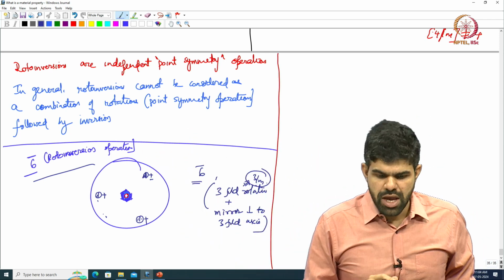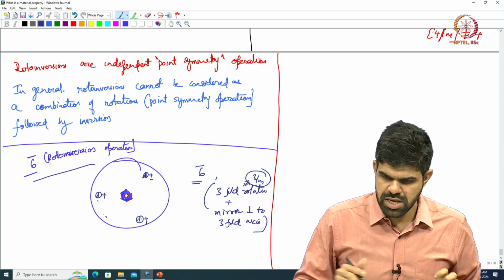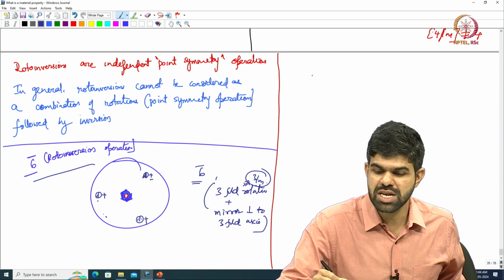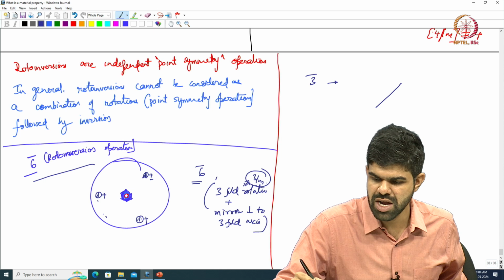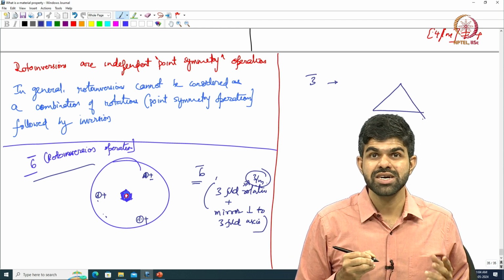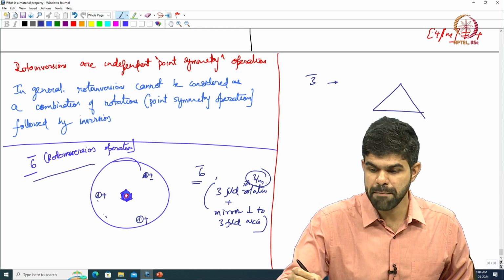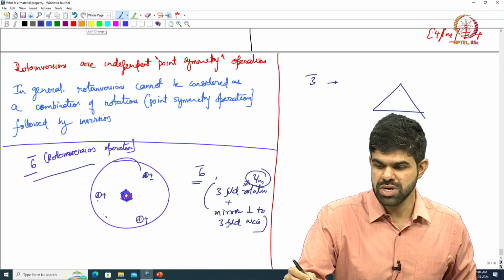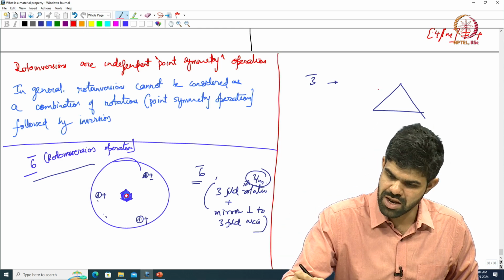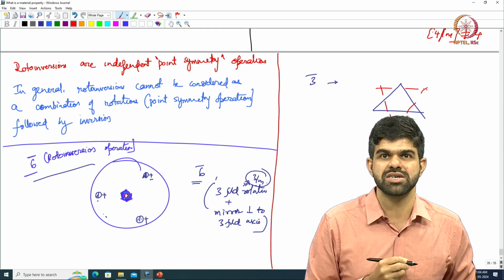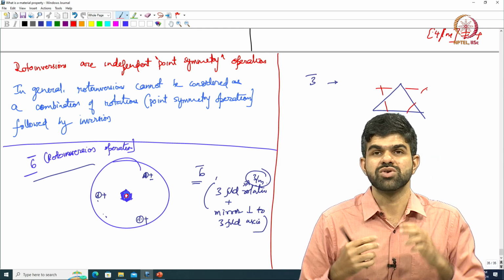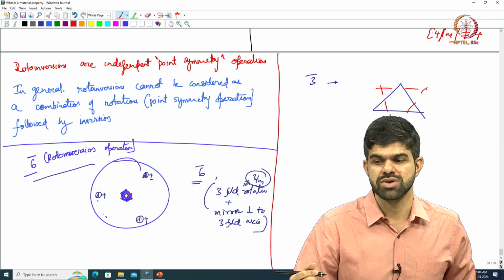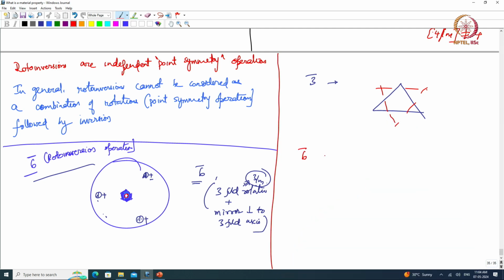Okay. All right. So, 6 bar again is different from 3 bar. So, what is 3 bar? In 3 bar, I had a triangle pointing up above the plane, and I have another triangle in red which is pointing below the plane in this fashion, right. So, what I have is essentially an octahedron, right. If I join the corners of this, I get an octahedron, whereas 6 bar is not giving me an octahedron. I have a triangle here and I have a triangle of the same orientation here. So, what I get is just a prism,